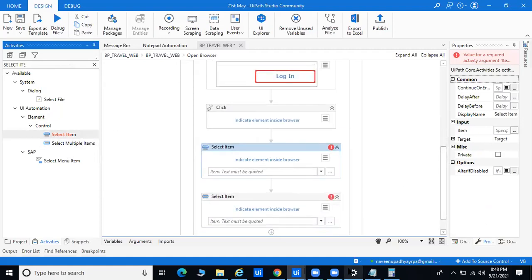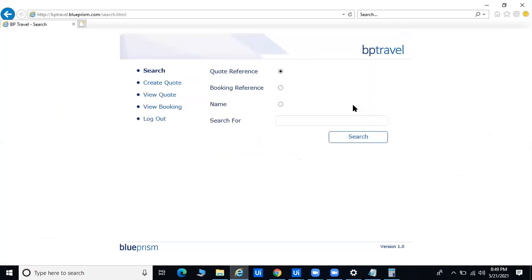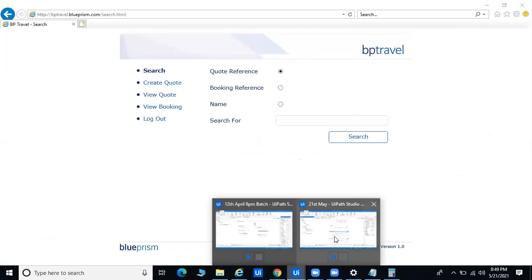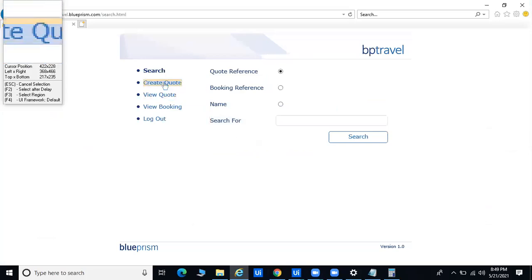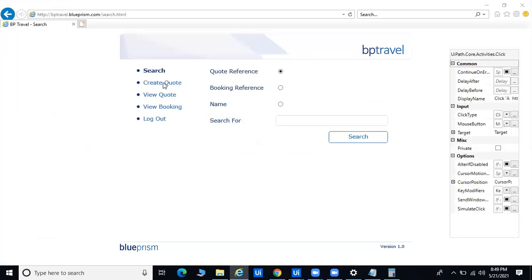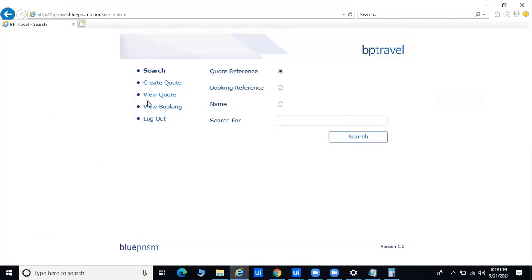So I'm talking about this website. We have already passed the ID and password here. I'll pass the double login and, using it inside, I will try to go for the create code. So here I'll try to start. Create code, and here we'll try to indicate the screen.